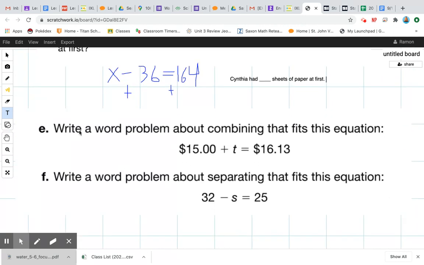So for E and F, these are going to be up to you. Write a word problem about combining that fits this equation. So you start with $15, you add some amount, and then you end up with $16.13. So that's your template. An example could be,